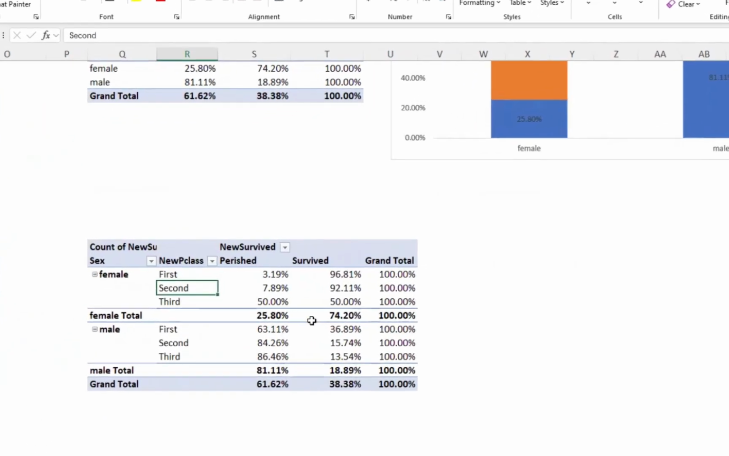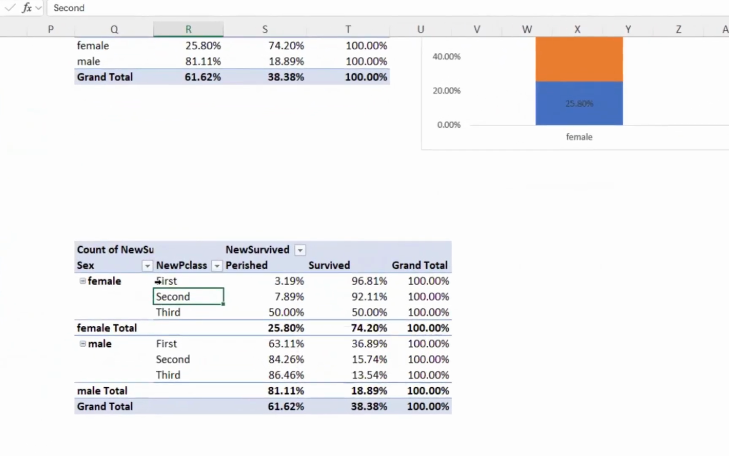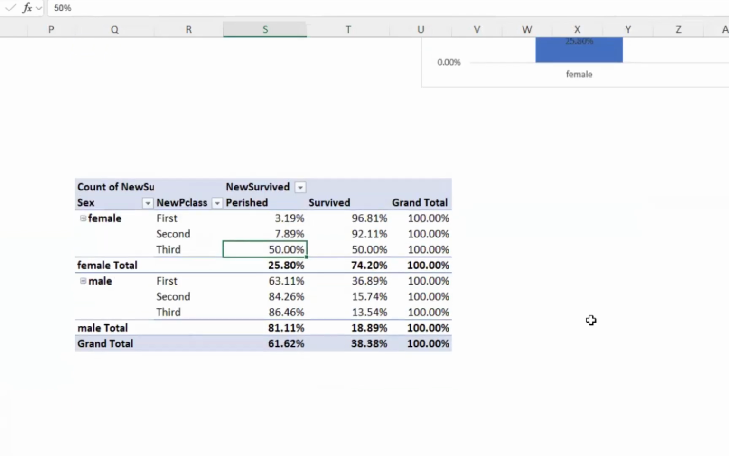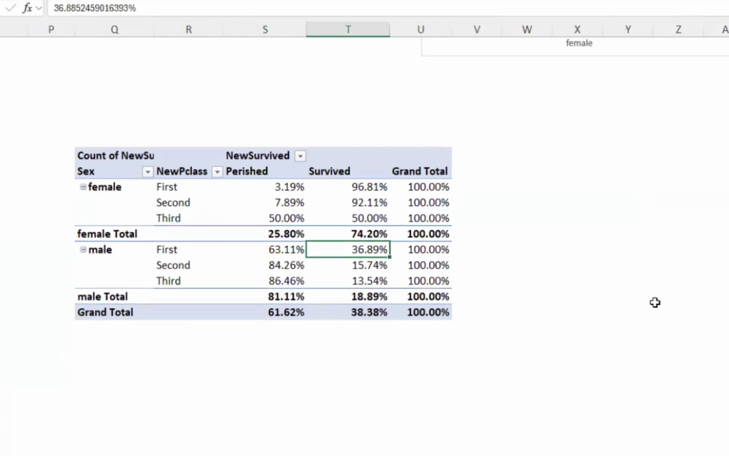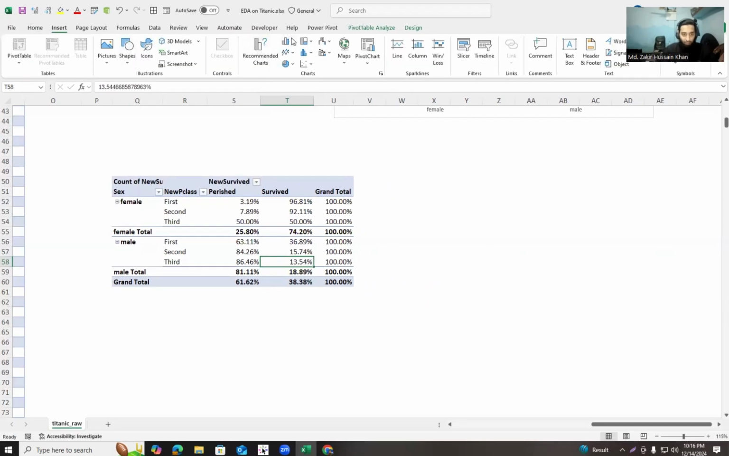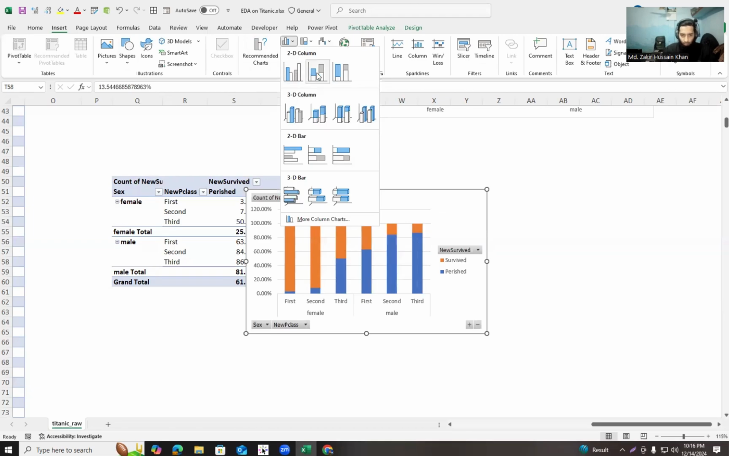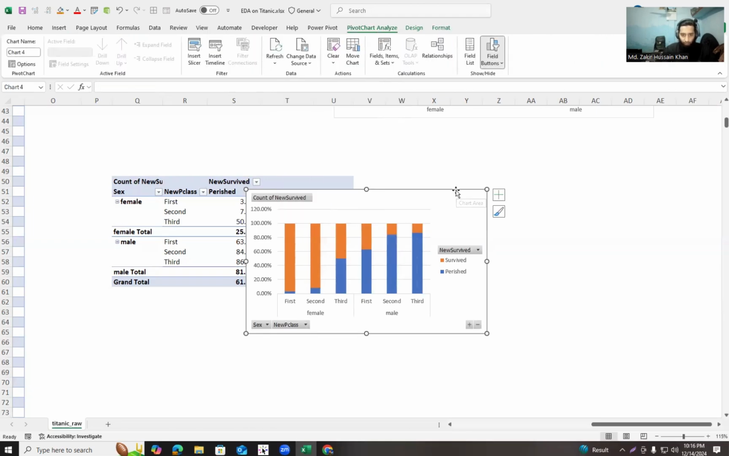If you see the values, if you are a first class female passenger, the survival rate is way higher. If you are a second class female passenger, it is also good news for you. But if you are male and traveling in first class, the survival rate is only 36%. If you are traveling in second class, it is only 15%. And the worst case, if you are traveling in third class, the survival rate is only 13%, which is very low. And if we insert a bar chart or clustered column chart or anything,